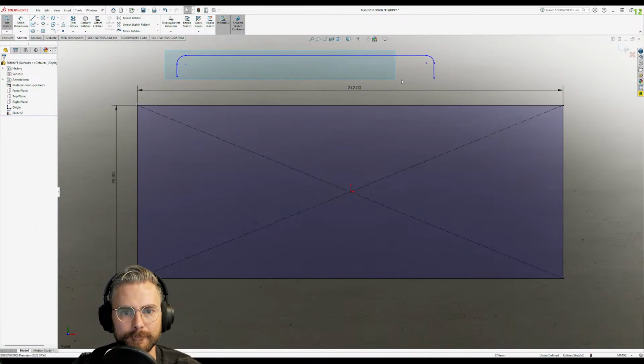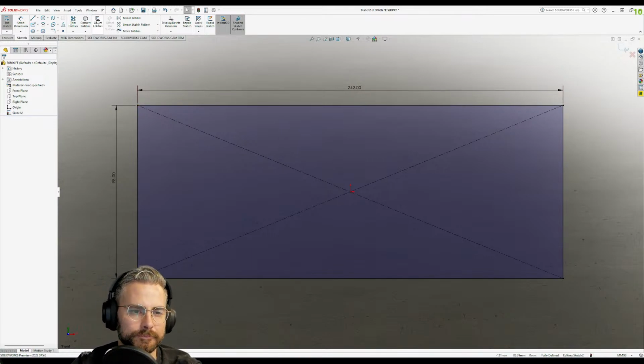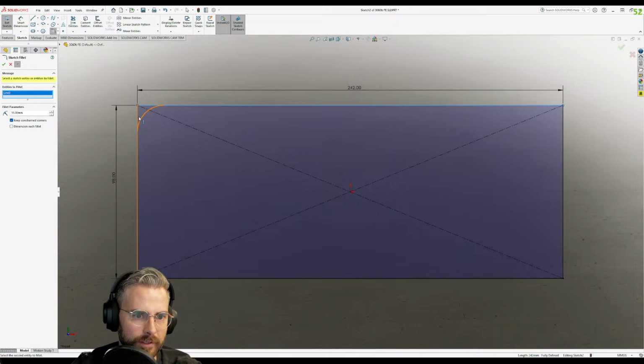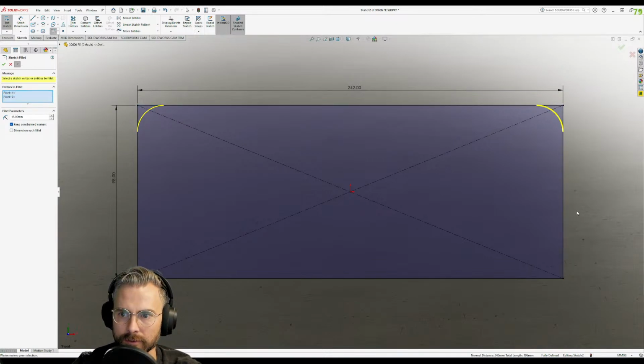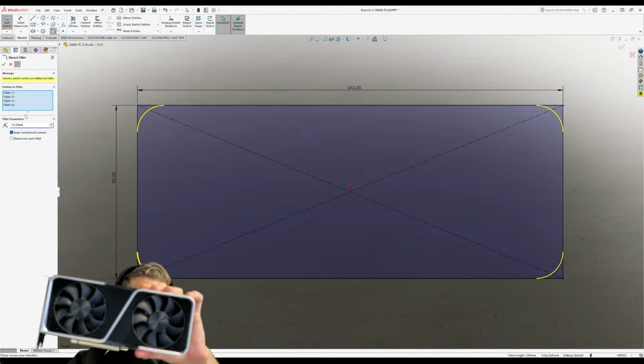It's just a little bit easier because you draw your thing, and then you can do this, and then you just click this one, this one, this one, this one, a radius between this line and that line. Look at 15 millimeters. I've already done this before, and the radius of these corners on your 3060 Ti Founders